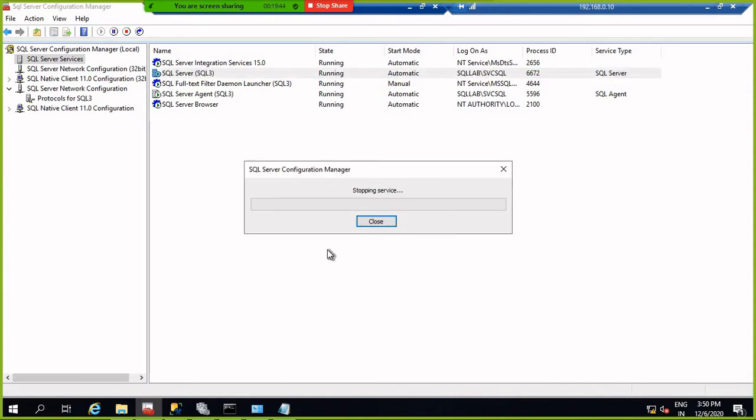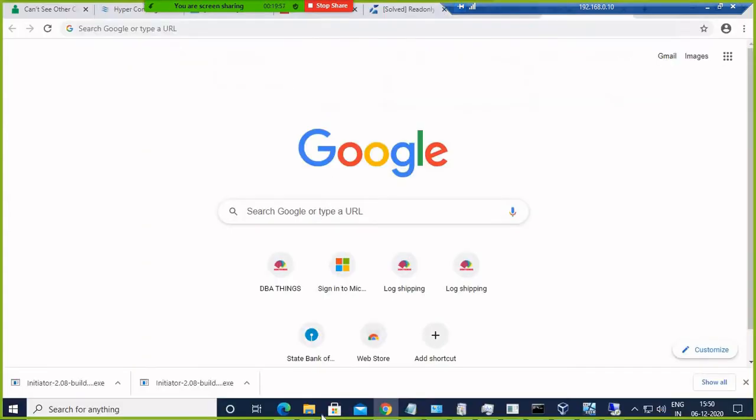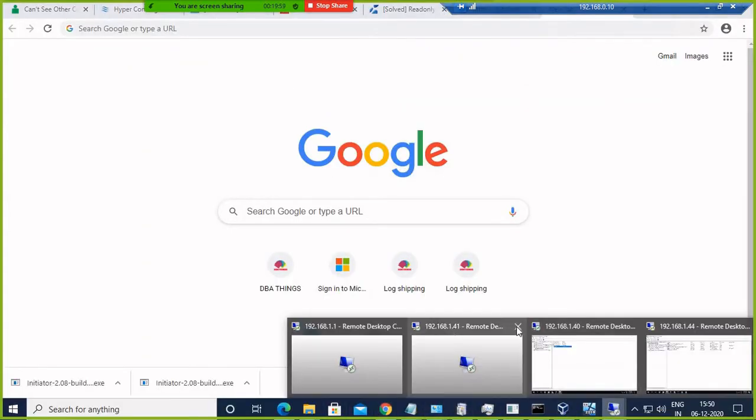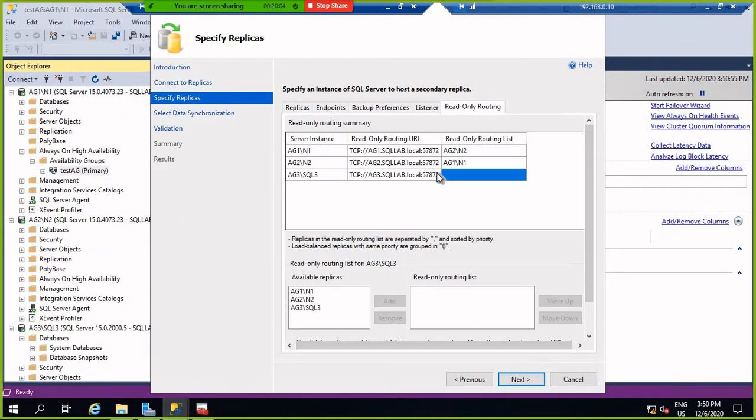I just restart the services, and now I'm connecting to the same machine here. I put the port number. Oh, sorry. Port number here 73.